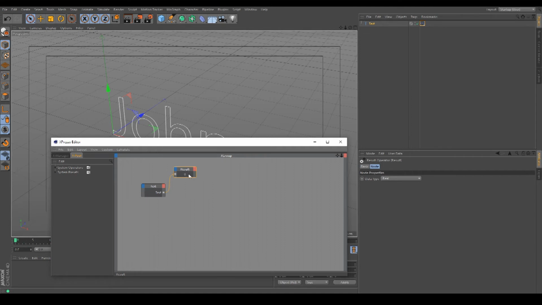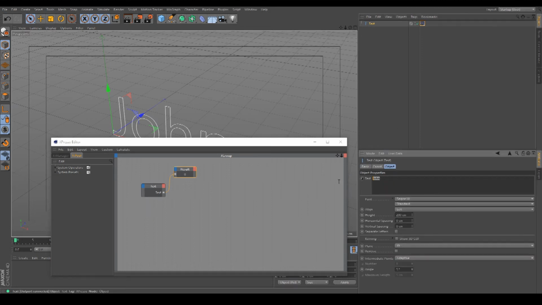It displays 0. That's because of the set data type, and if we look here in the attributes manager, it's set to real, which means it's awaiting some kind of number, but the text in this field does not count as a number,